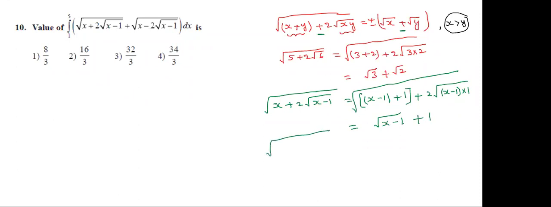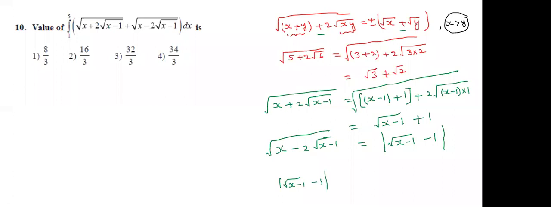Similarly, under root x minus 2 root x minus 1, what do we have to write? Students, tell me. Under root, x minus 1 minus 1. Here we want to put the modulus. With modulus, in front of root x plus root y, is there plus or minus? Whenever there is minus, there is the problem. Whenever there is plus, there is no issue. Now, mod root x minus 1 minus 1.